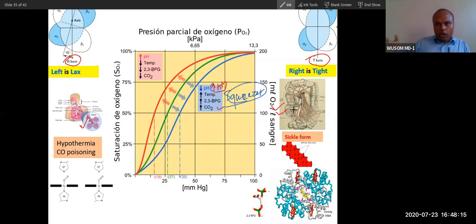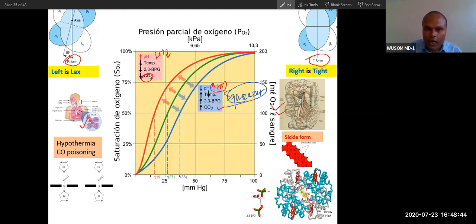And again, from the tissue side it will come to the lungs, and at the lungs it will become relaxed. Left is lax. That is how you can see it. Here at the lung side, carbon dioxide is very low and hydrogen concentration is also low, so the opposite effect will happen here: relaxation. So R and L.